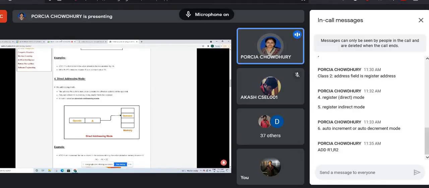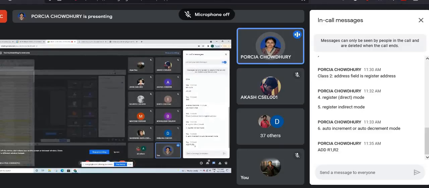And this, the one which I have shown, is very easy to remember. Add R1 comma R2. Okay, so again register direct mode or register direct addressing mode. So over here you will have external registers, and inside the register you have the values, the operand values, and one operation will be specified which way you have to perform. Example is this one.